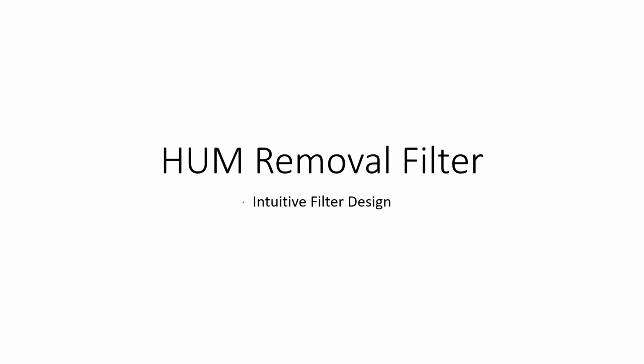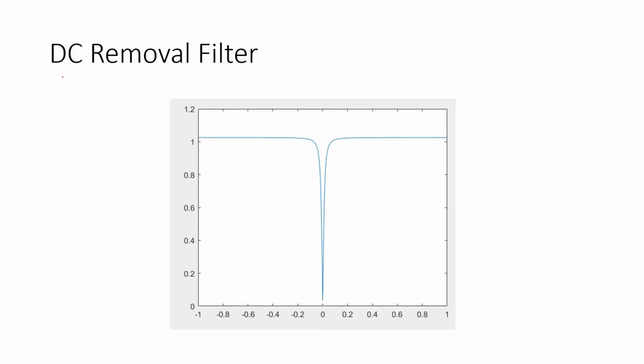Okay, so the prerequisite concepts required are: number one, how poles and zeros affect the system response, that is the magnitude response, and number two, which is very important, how the DC removal filter is designed and what its magnitude response and pole zero plot are. Okay, so if you recollect our previous video, we have discussed the DC removal filter magnitude